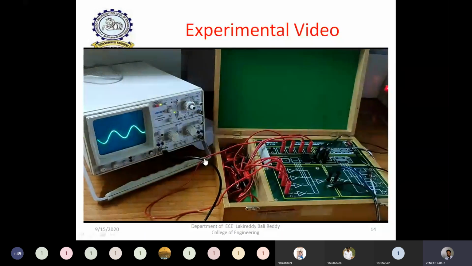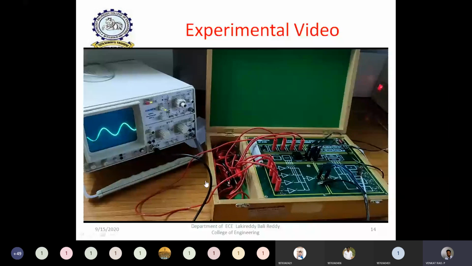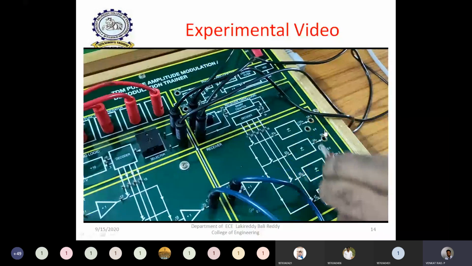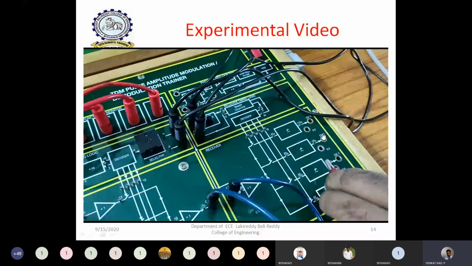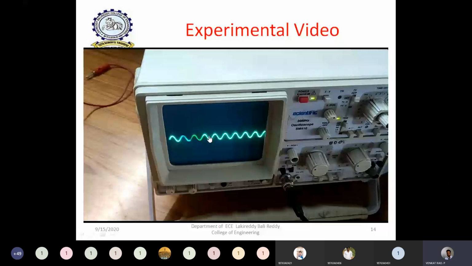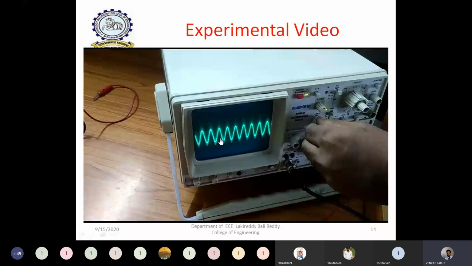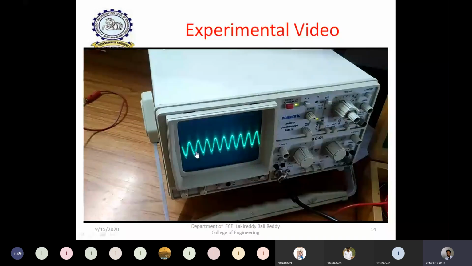That will be a sine wave. Similarly, if you observe the demultiplexer waveform at the corresponding 3 other pins, you can easily observe the demultiplexer waveforms for the other signals also. For example, if I change this pin to another position, this is the demultiplexer waveform of the second signal. Similarly, this is the demultiplexer waveform for the third signal, and this is the demultiplexer waveform for the fourth signal. Whatever you give as the input is obtained as the demultiplexer waveform. Of course, there may be some changes in the amplitude, but the frequency must be the same.